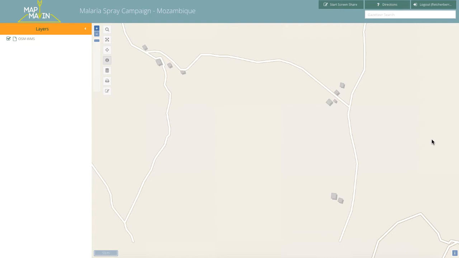How do they do this? This is your quintessential mapping problem, in that you need to make sure that there's consistency between what's truly there in real life on the ground and what people are seeing on a map. And the beauty of Map Maven is you're able to look at the same screen and determine really the best plan of action. So first and foremost, we're going to start a screen share,